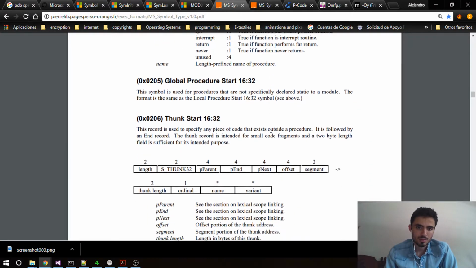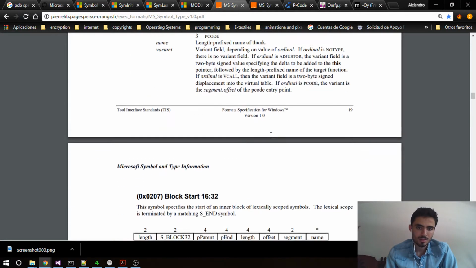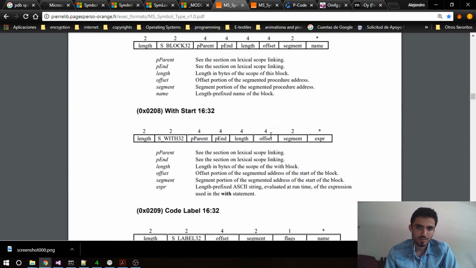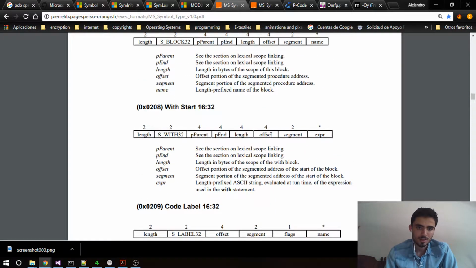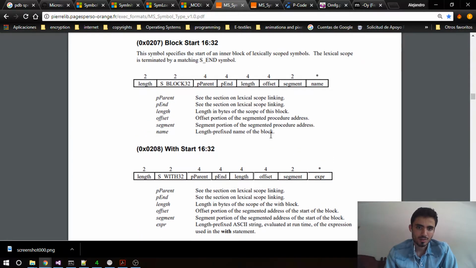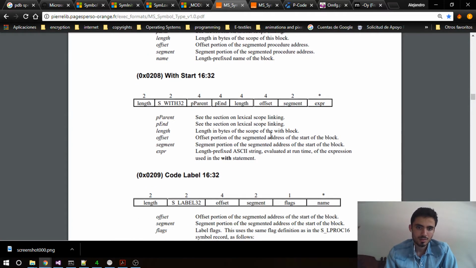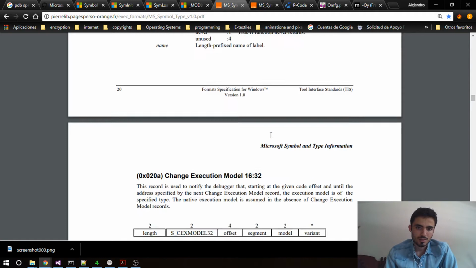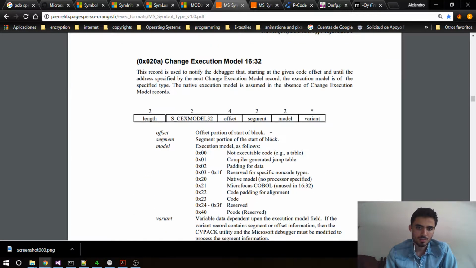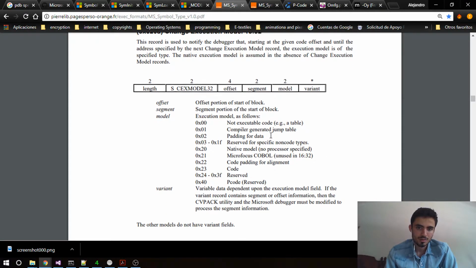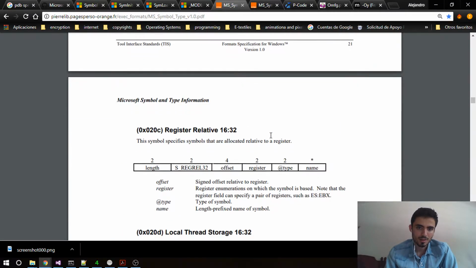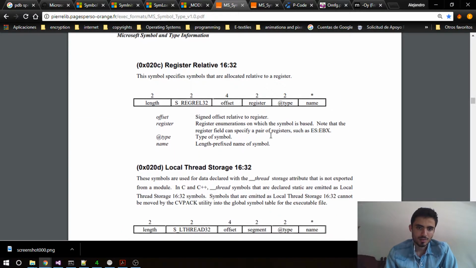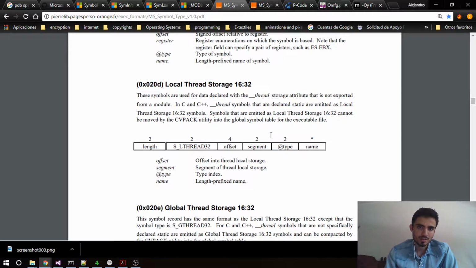This is a global procedure, the thunk, the block, the with, code label, which doesn't have any definition. The change execution model, virtual function table path, register relative, local thread. Okay, and this has local thread storage